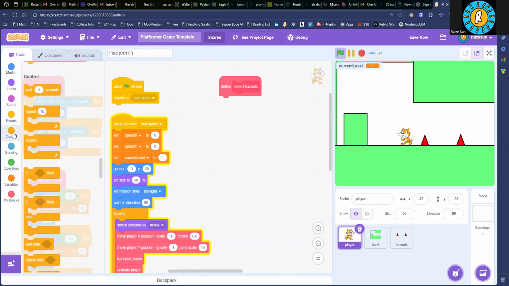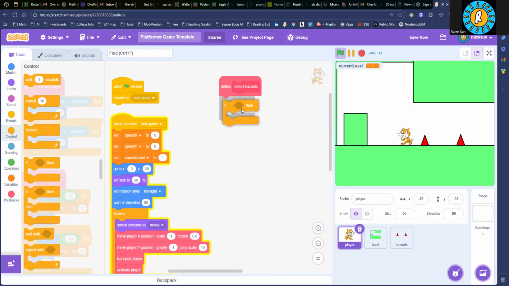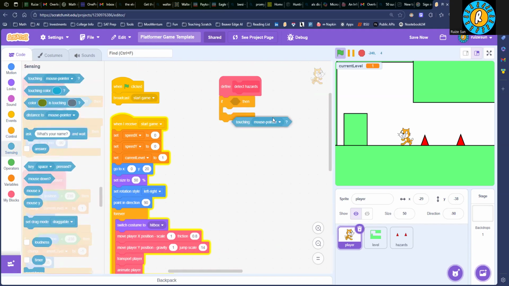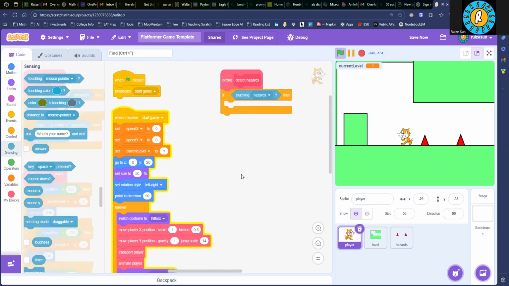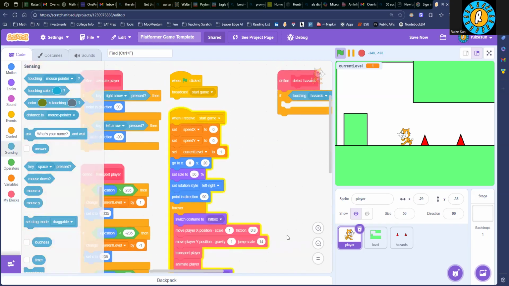We're gonna put an if because we want to detect for hazards. So we're gonna check if and go to sensing. If our player is touching the hazards, then we're gonna do something. We're gonna leave this empty for now, but please go back down into the forever loop